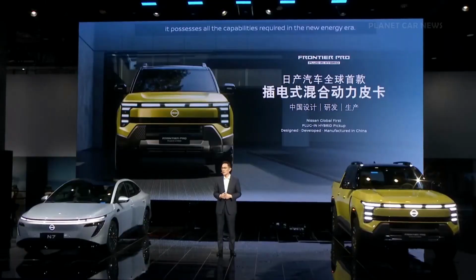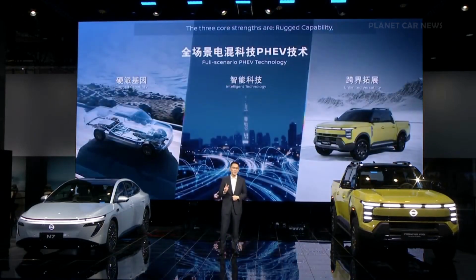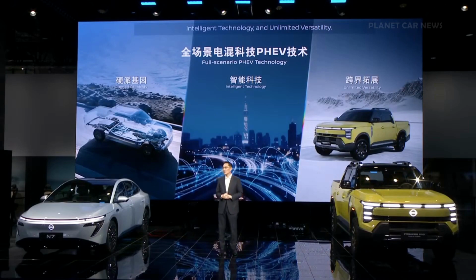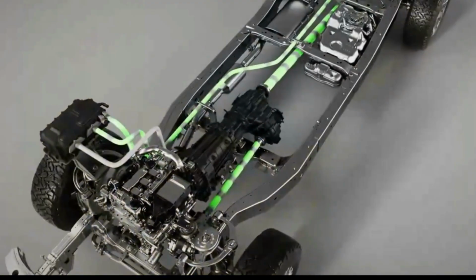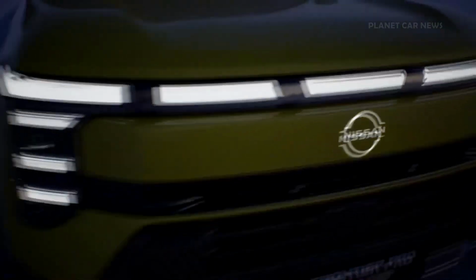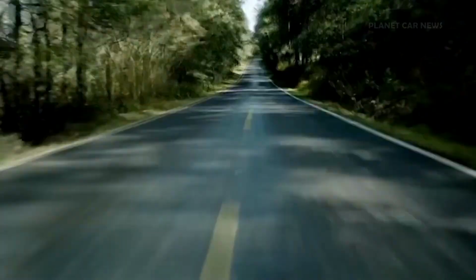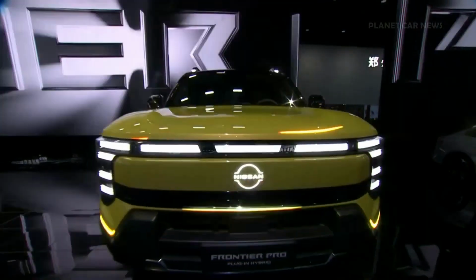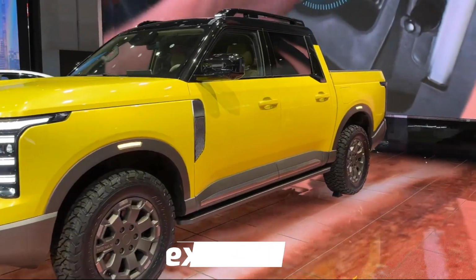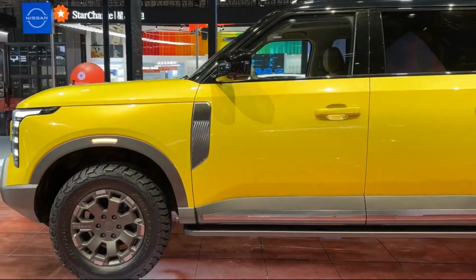For those in the market for a mid-size truck that values substance over hype, the 2026 Nissan Frontier Pro deserves serious consideration. Its combination of robust V6 power, genuine off-road capability, and unmatched configuration options make it one of the most versatile trucks in its class. While it may not have the flashiest tech or the highest towing numbers, it delivers where it counts with honest capability and proven reliability. The subtle but meaningful upgrades for 2026 address previous shortcomings while enhancing the Frontier Pro's core